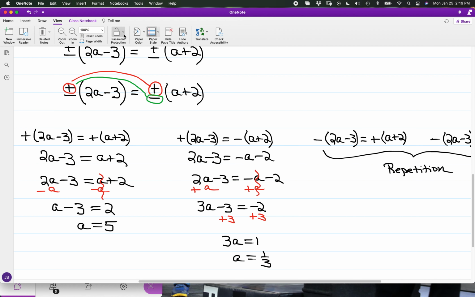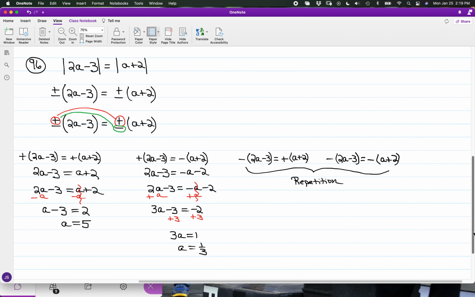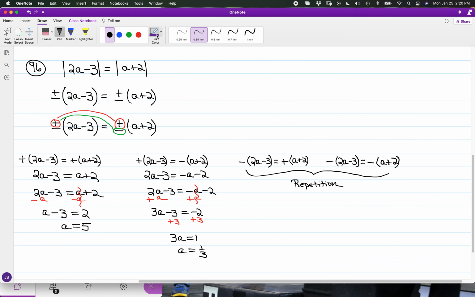And let me mention here, if I had a at 5, 2 times 5 is 10, minus 3, so this would be the absolute value of 7. 5 plus 2 is 7, so absolute value of 7. And 7 is equal to 7. Now for 1/3,